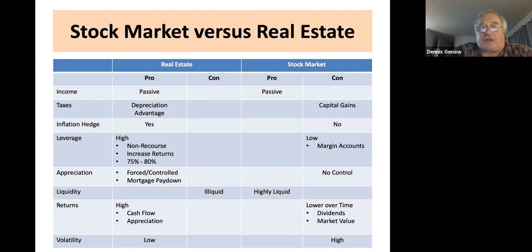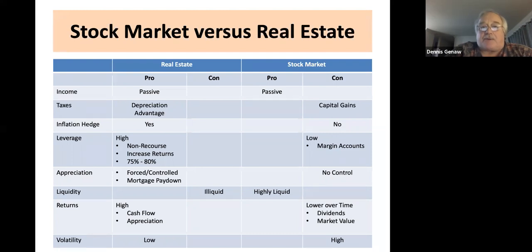And if you use leverage, if you use debt to buy properties, you get a higher return for your invested dollar than you would over on the stock market side. If you're looking to buy a $1 million property in real estate at 75% leverage, you only have to put up 25%, or what is it, $250,000. If you want to buy $1 million in stock, you've got to put up $1 million, unless you're using margin.